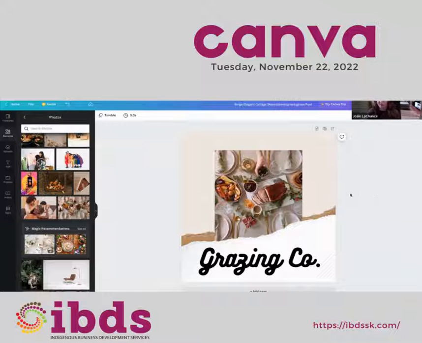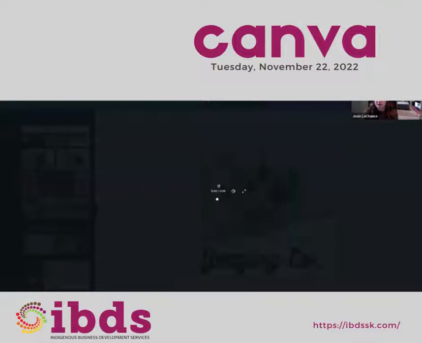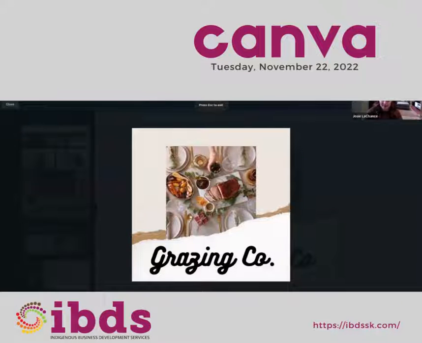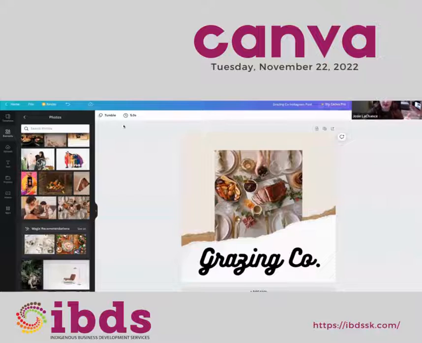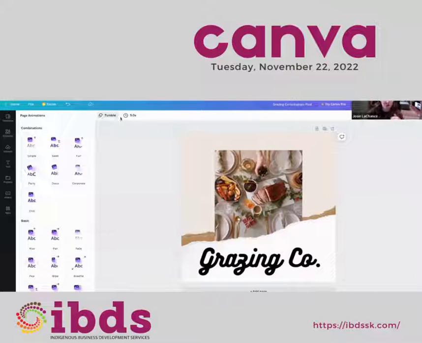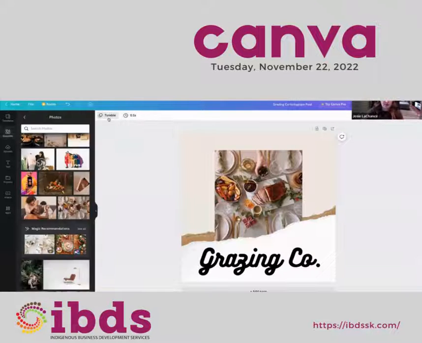So here's what I have for Facebook, for Instagram. I'm just going to change this. You'll see here at the top, there's lots that you can do. We can change this to say grazing for Instagram post. So this way you can easily search it and find it when you need to post it. I'm just seeing here, there is something on here. So this one is animated. Maybe I don't want to have the animated part on there. And I think we can just delete it.